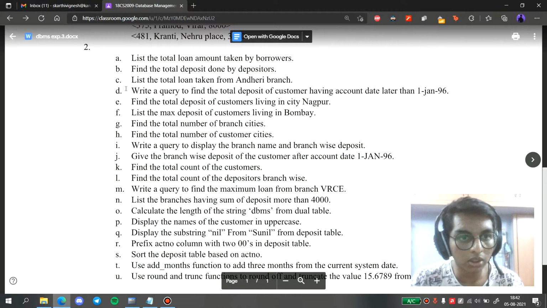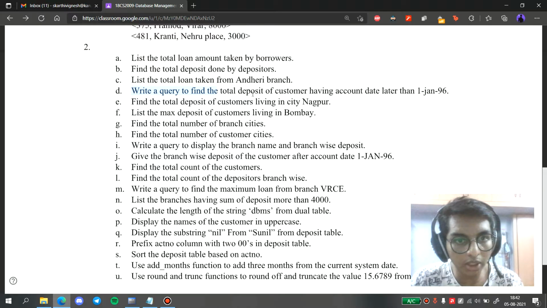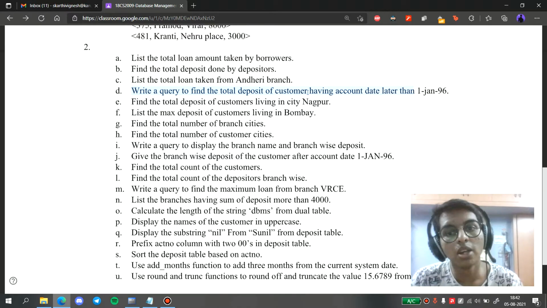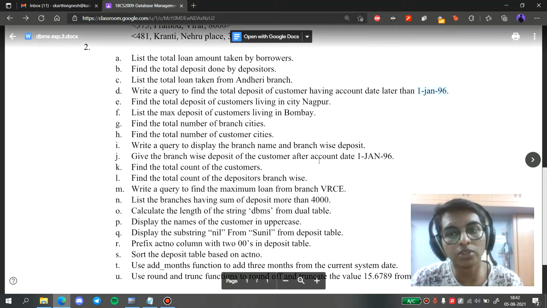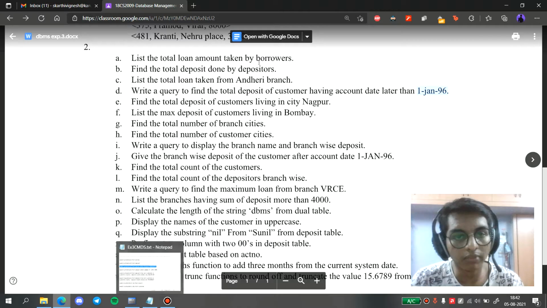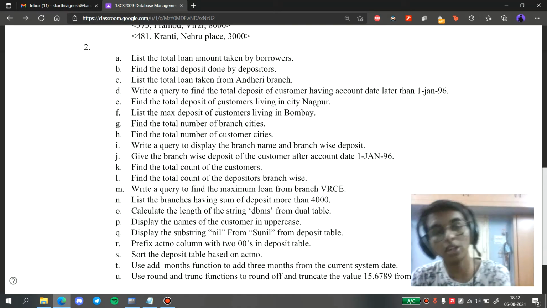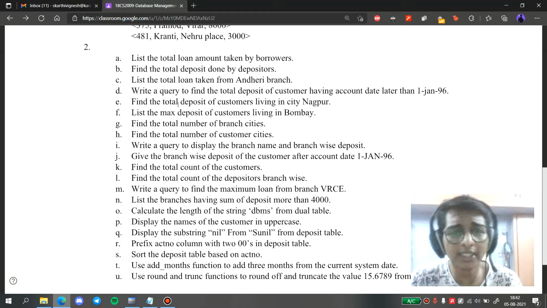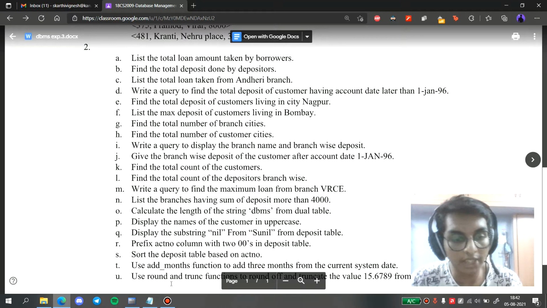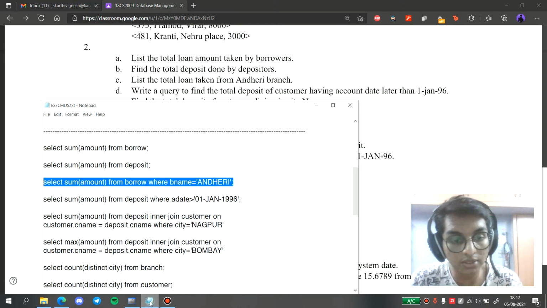So moving on, the next question is to write a query to find the total deposit of the customers having account date later than 1st of January 1996. The command for this is the same as this one, where we used the condition to check whether the branch name is Andheri, but in this next question we'll give the condition as the date is greater than 1st January 1996 for the creation.